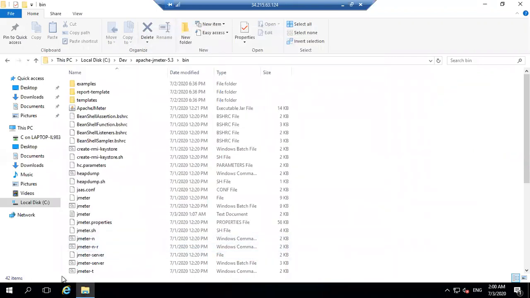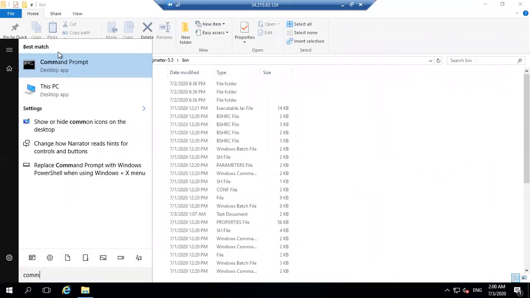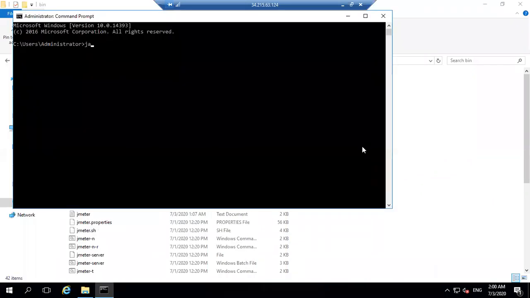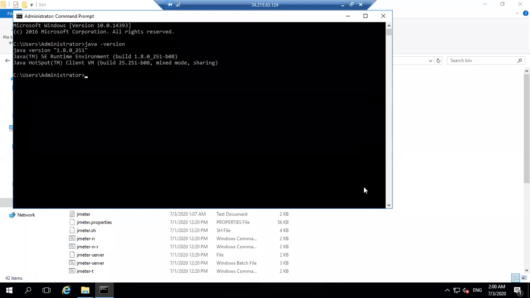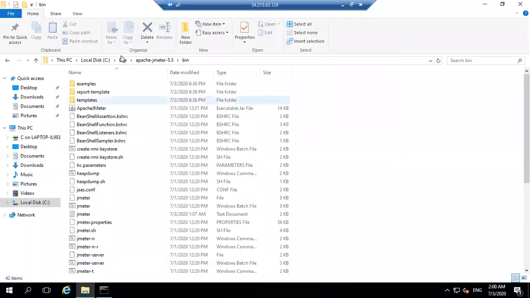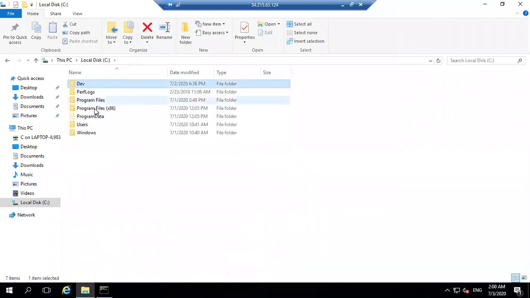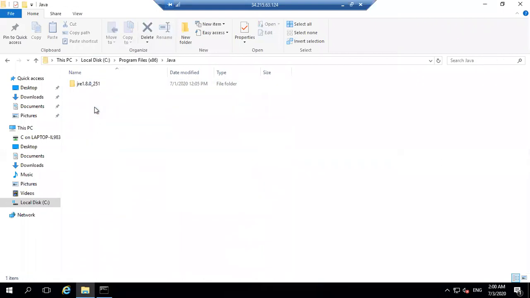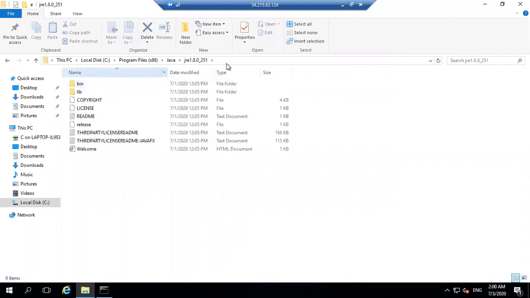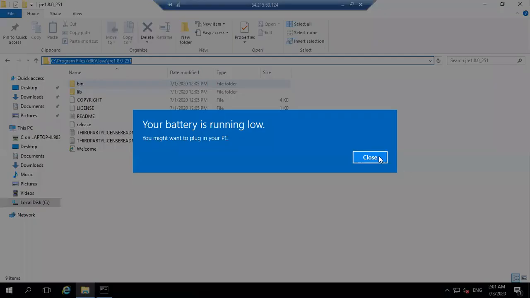Java version. Yes. The mistake I did is, in Program Files, Java is there, JRE, and I gave this as the Java path, but the java.exe is there in the